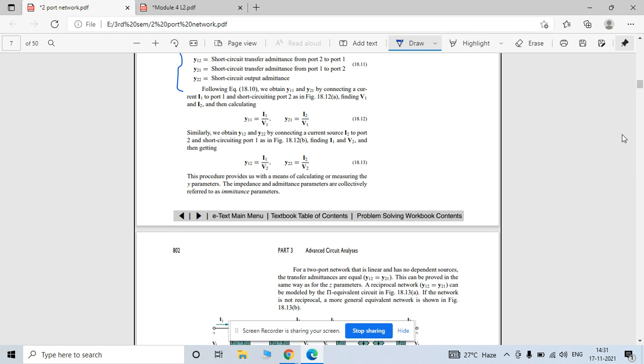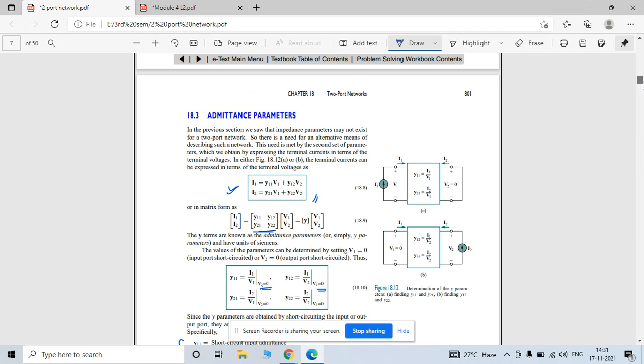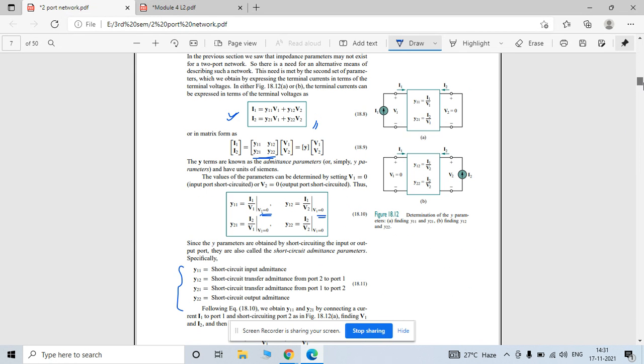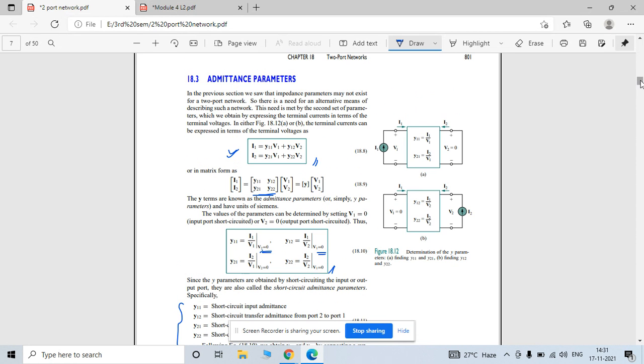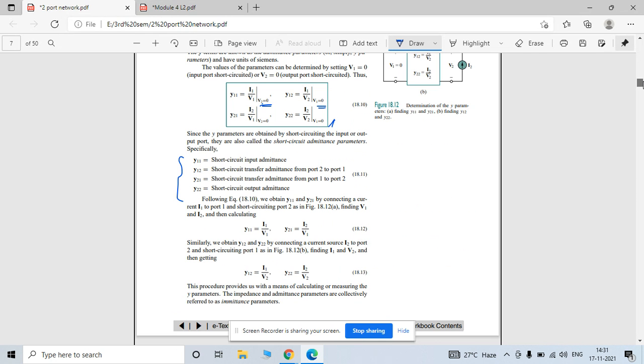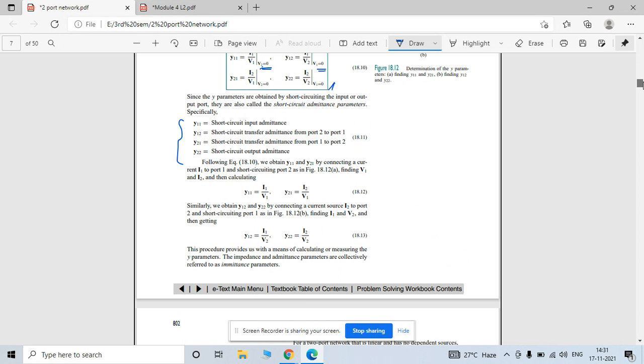Now the important thing is that here you are considering the y parameter. Generally in any question, the value is given in resistance form, so it is necessary to convert properly to get the right value. Generally y11 is nothing but your admittance, and its unit is siemens. So in the question, if resistance is given in ohms, then you have to convert it into siemens.